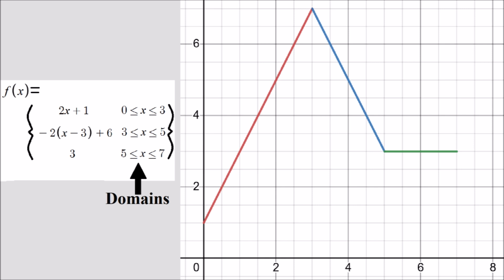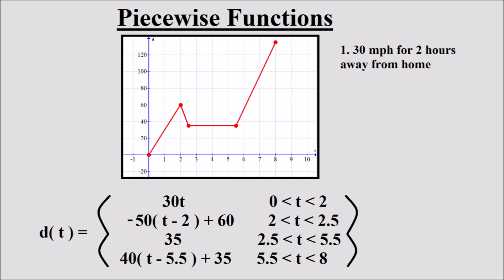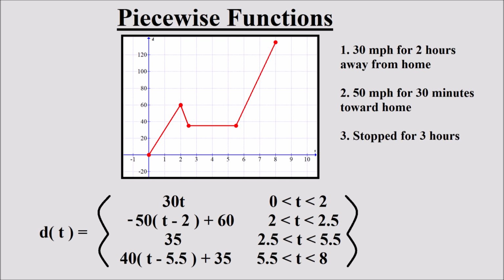Piecewise graphs allow us to create a more complex situation. For instance, we could now have a person leave home and drive both away and back towards their home by combining linear equations in different directions. Here's someone who drove at 30 miles per hour for 2 hours away from home, 50 miles an hour for 30 minutes back towards home, stopped for 3 hours, then drove at 40 miles per hour for 2.5 hours away